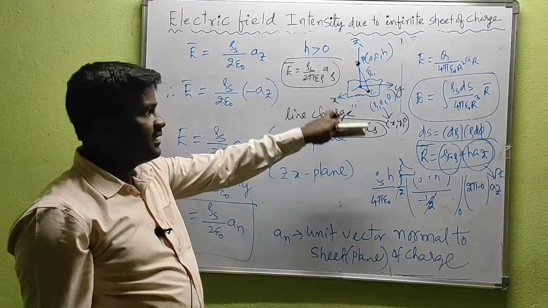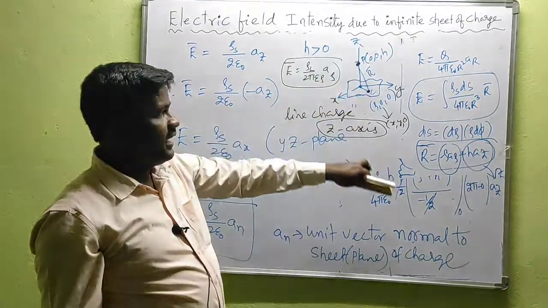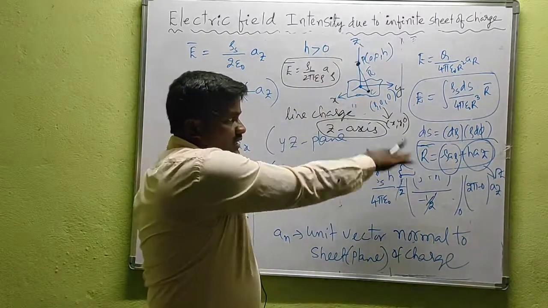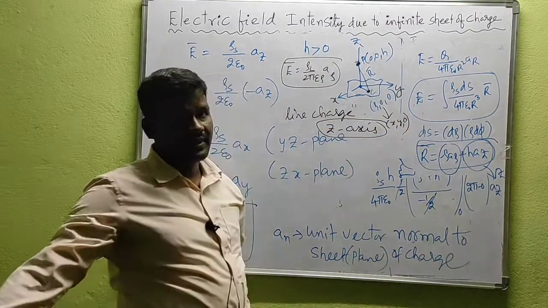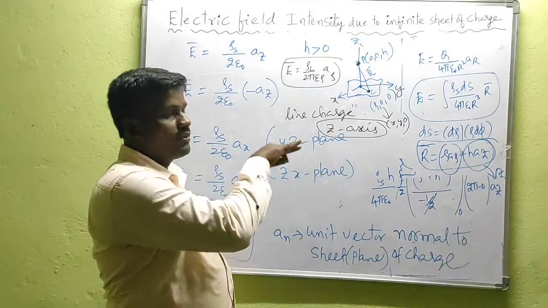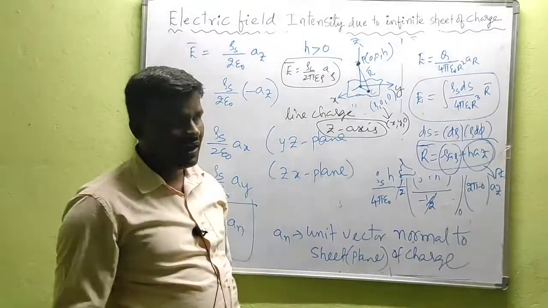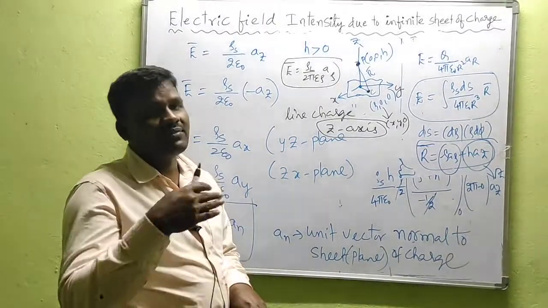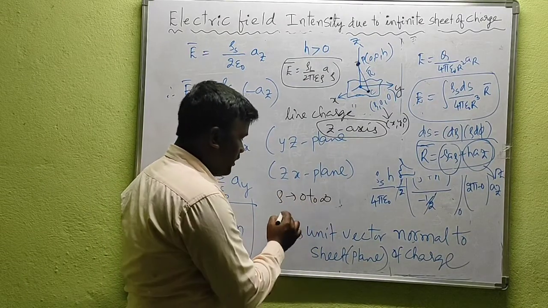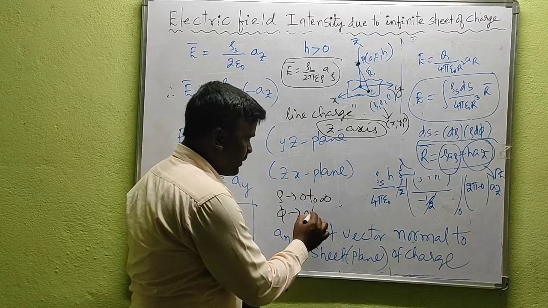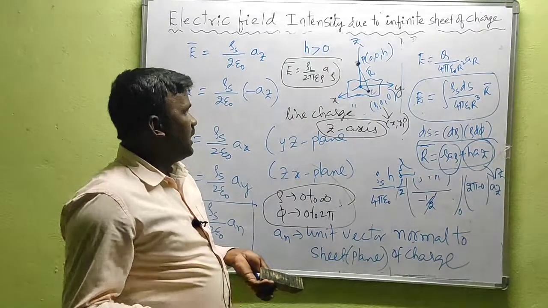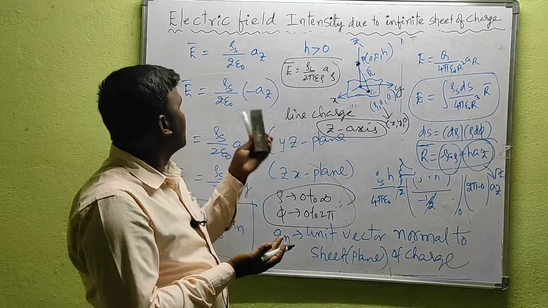By considering this source point and field point, and by defining r bar, r cube and ds, substitute the ds, r bar and r cube in this expression, and apply the symmetrical charge distribution. By applying it, we will get the component along the z direction. Then simplify and perform the integration. For an infinite sheet of charge, rho should be varied from 0 to infinity, and phi should be varied from 0 to 2 pi. By substituting these limits of rho and phi, and after simplification, we will get E as what?